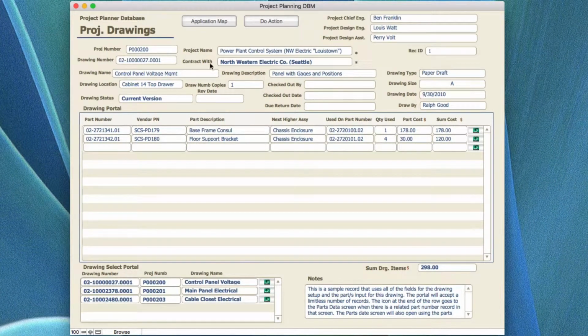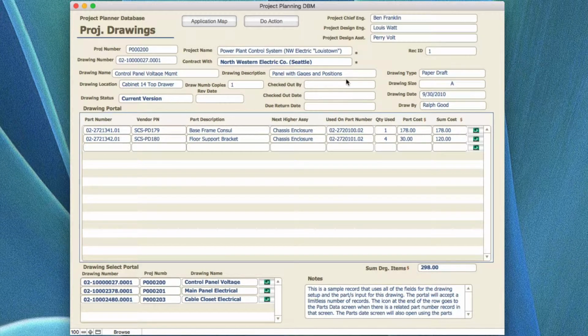I want to give an overview to start with on the project drawings file and screen. Basically what this is doing is it's taking the project and going top level down, starting with the highest end item. And what it's doing, it's breaking down all the different relationships between the main assemblies, sub-assemblies, down to the parts. And for example, if this particular thing was a control voltage management unit, and it had